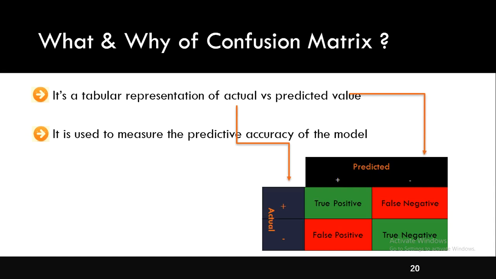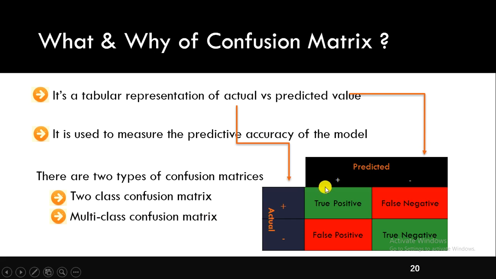It will be used not only for logistic regression, but also for other classification models such as support vector machine, random forest, gradient boosted decision tree, neural network, and so on. Please remember the confusion matrix is only used for classification tasks, and as such it cannot be used in regression models or any other non-classification models. There are two types of confusion matrix. One is two class confusion matrix and the other one is multi-class confusion matrix.